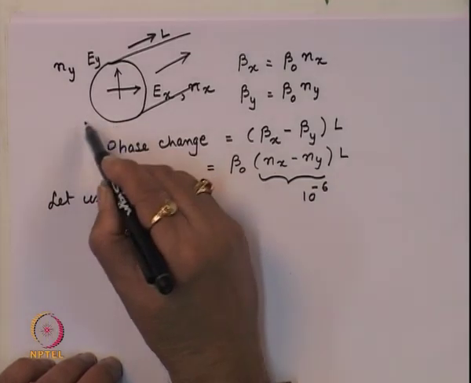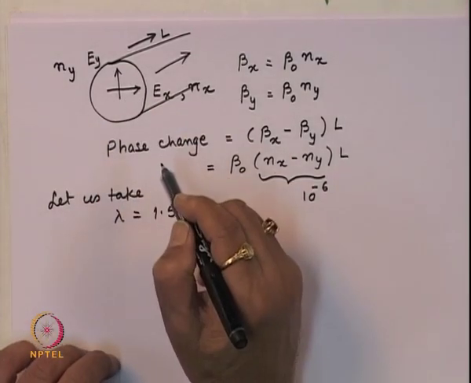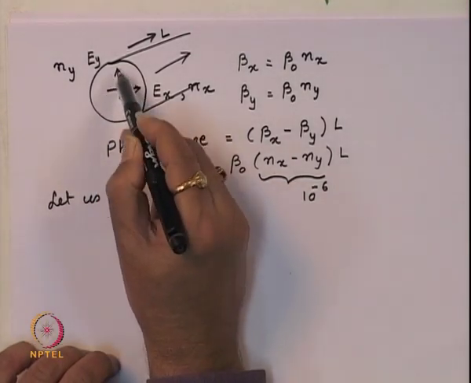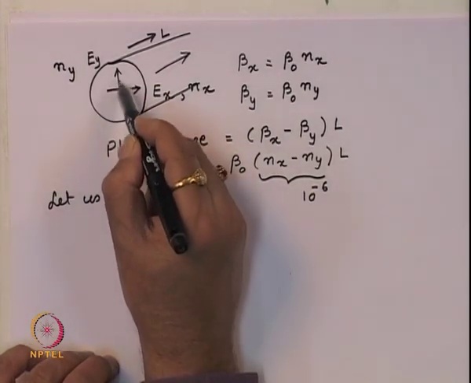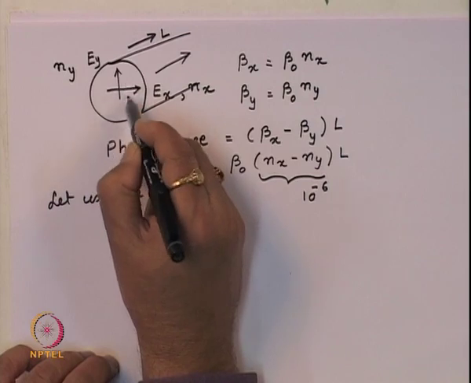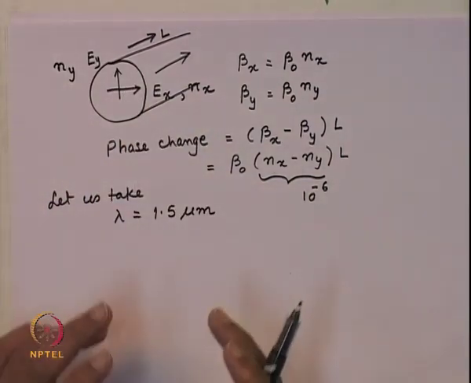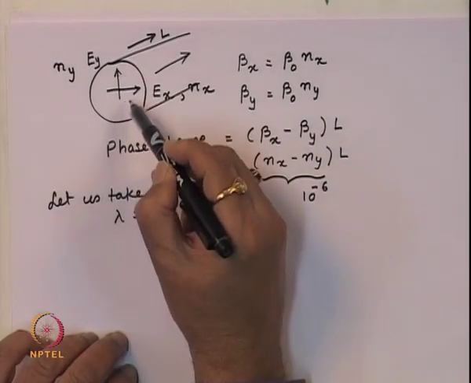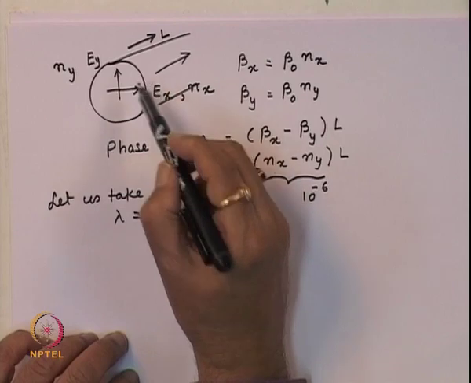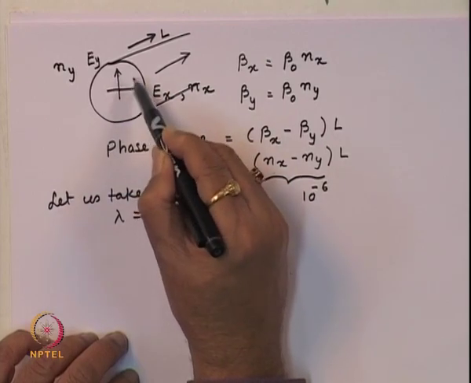Now, if the launched mode is circularly polarized, that means these two linear polarizations have equal amplitude, and the initial phase difference between these two is equal to pi by 2. That is the condition we have for a circularly polarized wave. Now, if the wave has to become linearly polarized, then the phase difference between these two polarizations should be 0